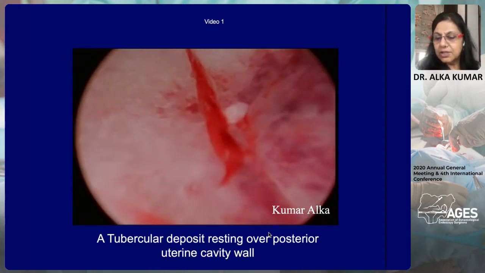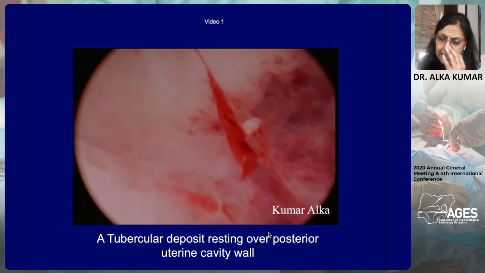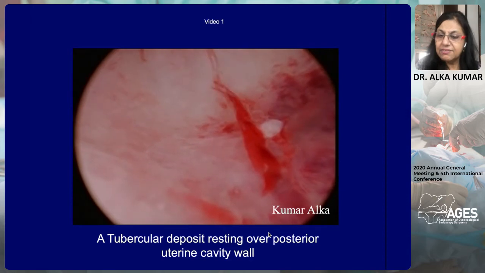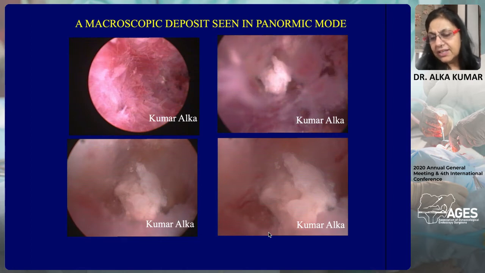This is a video showing you a deposit resting over the posterior uterine wall. These are the patients where it is important that the flow rates when we start the hysteroscopic evaluation are low, because with higher flow rates these deposits wash off. In fact, they wash off just when you put in the hysteroscope, and even on the menstrual cycle, often these get washed off with the menstruation. It is the basalis layer of the endometrium which is infected, and the tubercles keep regrowing,